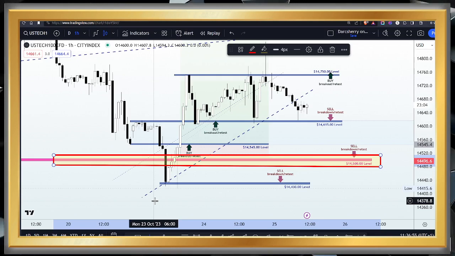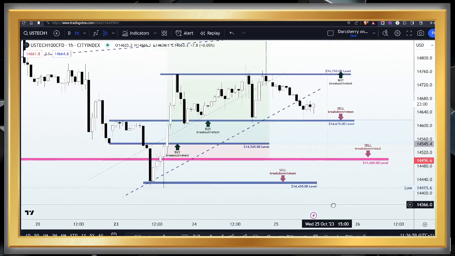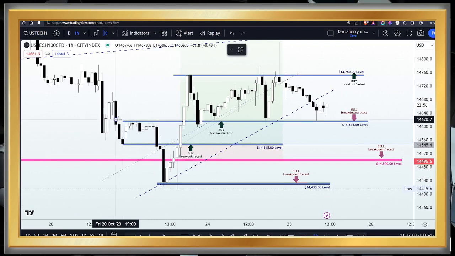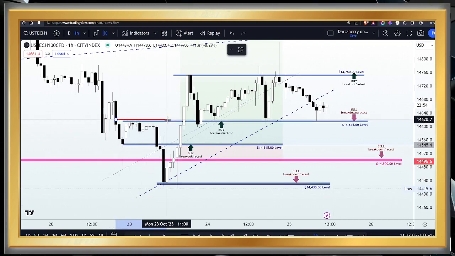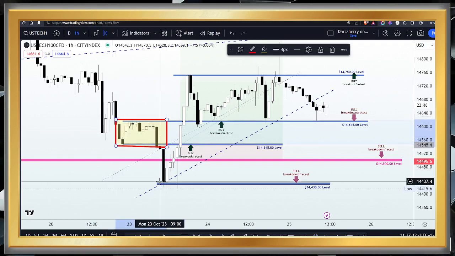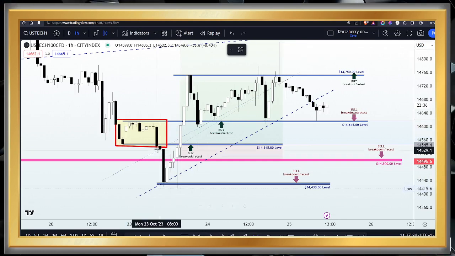Now, aside from the key level here, we were able to observe that price was initially caught within a range at the beginning of the week, as we saw it confined between the 14,615 and the 14,545. Now, we have a range there, and of course, we wait for the breakout or breakdown to give us an opportunity to trade. Now, prior to our live session on Monday, I told us all that I already had